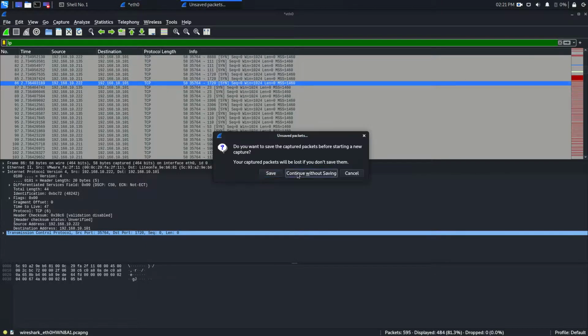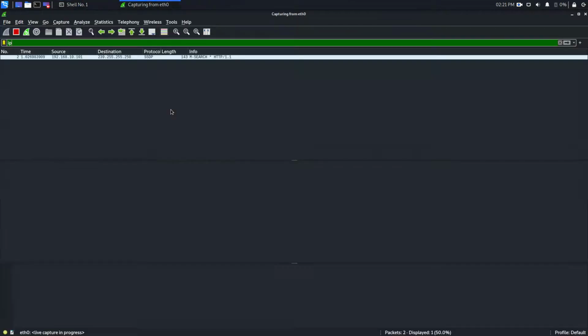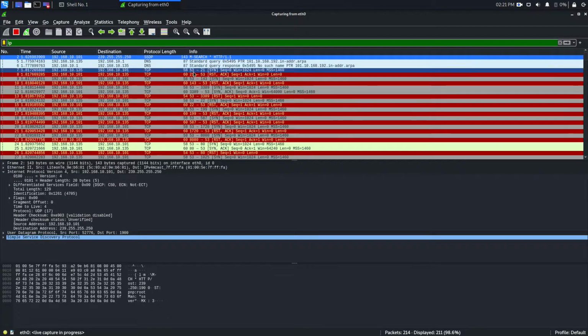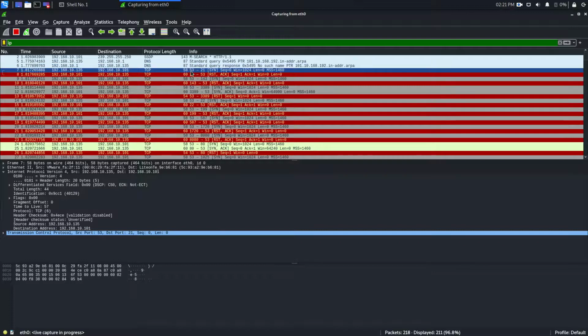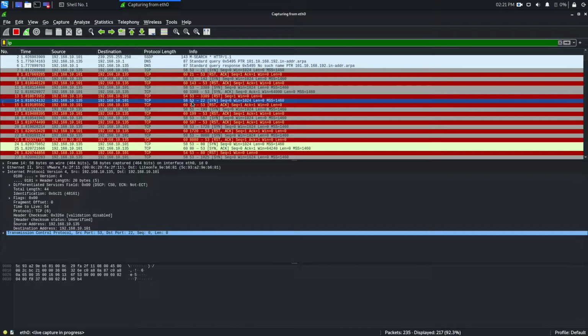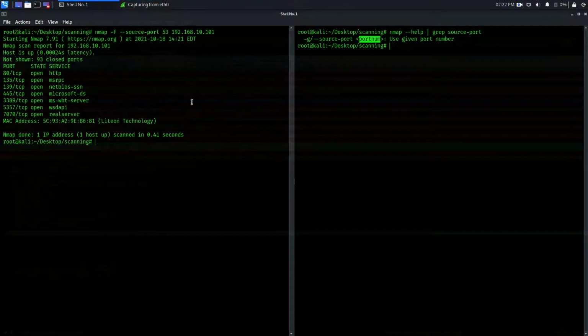Now I'm going to start it again and send it. Once we send, you will find that the source port is still the same. All the requests have source port 53, not 37,000 or something. And if the firewall rules filter the traffic according to the source port, and 53 is not included or 53 is in the whitelist, you are going to get success in your scanning results. That's my purpose in showing you.